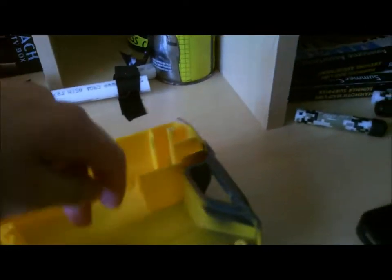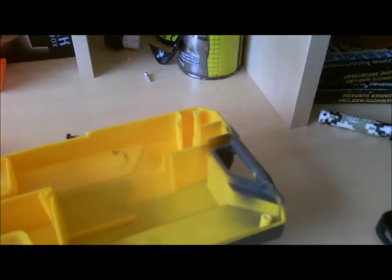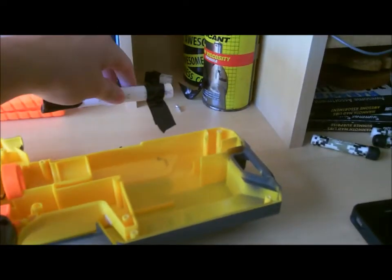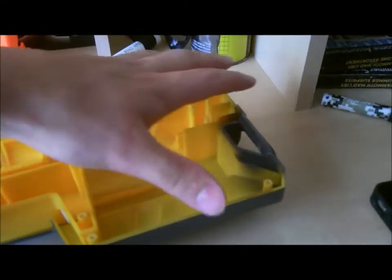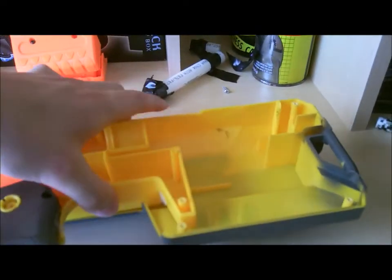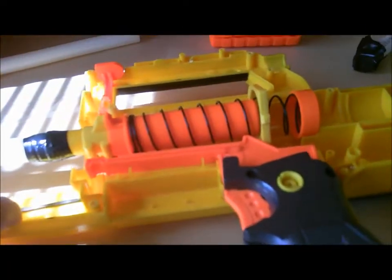So you can easily get here, because I had this piece of PVC here, but it didn't really work because I only electrical taped it in. But this time I'm going to glue it. So I don't want this to collapse anymore. But this half of the stock is still attached to the gun. So yeah, I'm going to get all these internals out of the gun,